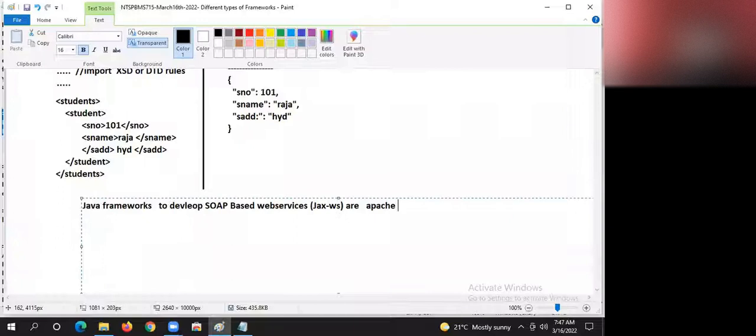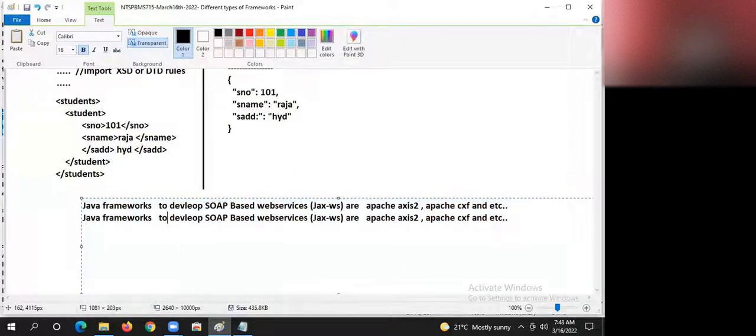Apache Axis 2. No, Camel is different. Camel is for messaging, babu. Apache Axis 2, Apache CXF, and etc. Right, guys. CXF, guys. Apache Axis 2, Apache CXF. Right, these are one.